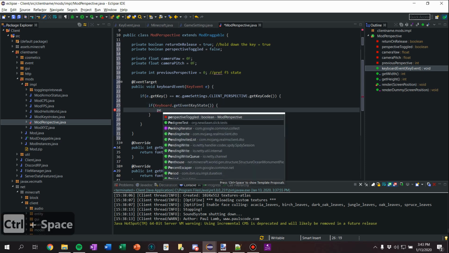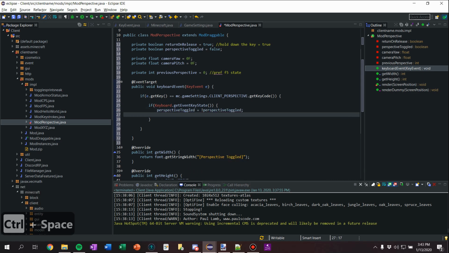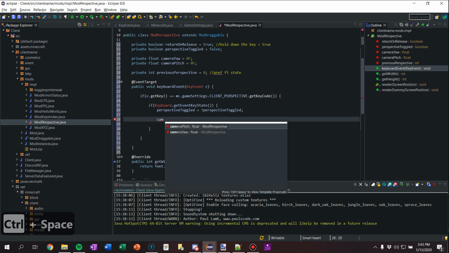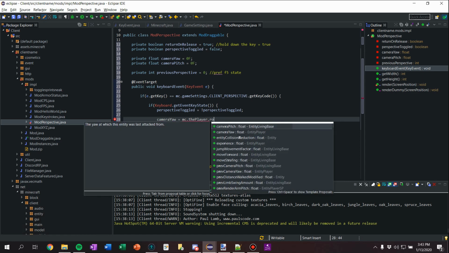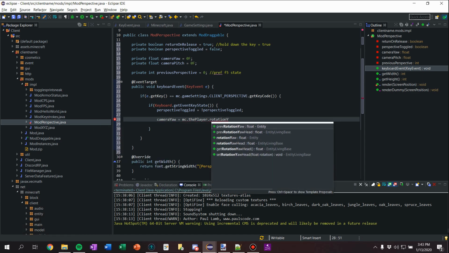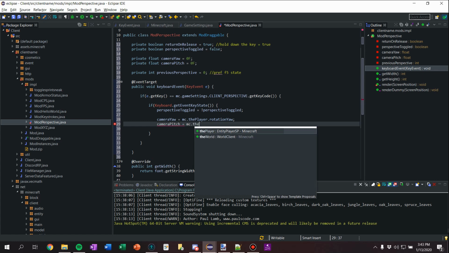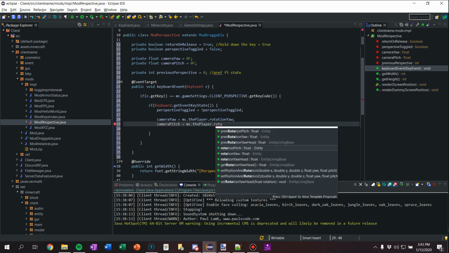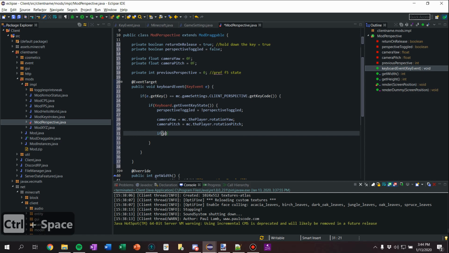Say perspective toggled equals not perspective toggled. So we toggle a perspective. We're going to set camera yaw to be mc.thePlayer.rotationYaw, and camera pitch to be mc.thePlayer.rotationPitch. So now we've saved the rotation of them, and we want to say if perspective toggled, no, put an else